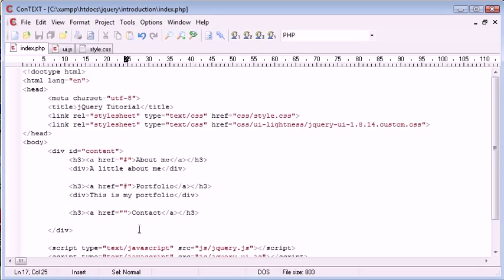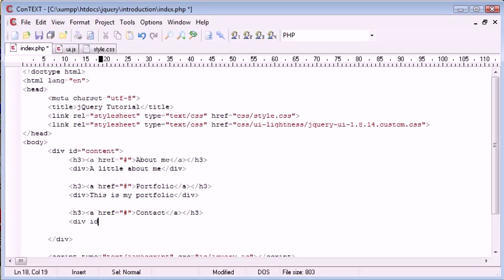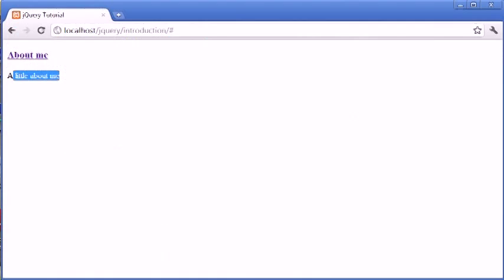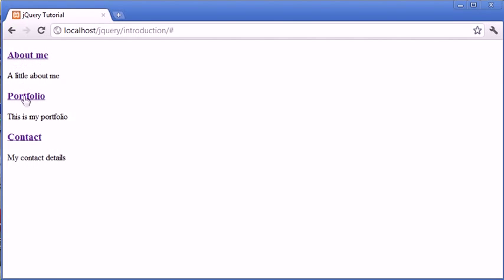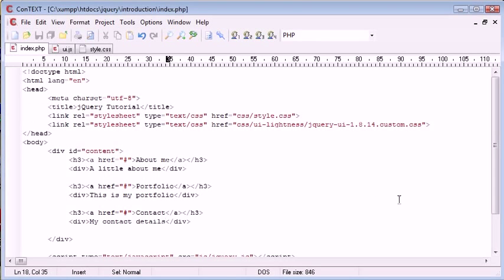So now the last one I'm just going to do is contact, and then inside a div with no ID, my contact details. Okay, so let's go ahead and preview that, make sure everything's there. Yep, we've got the 3 headers and the 3 content areas. Now we need to go ahead and actually set up the Accordion. Now this is extremely simple in its purest form, however we're going to look at 3 different options we can